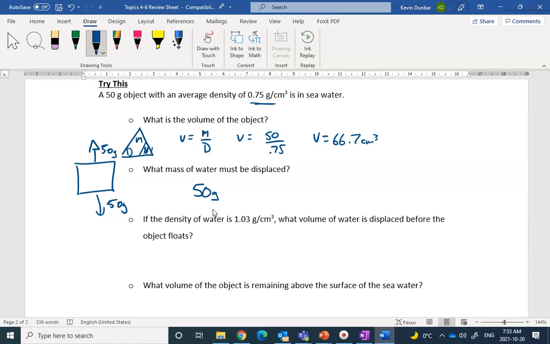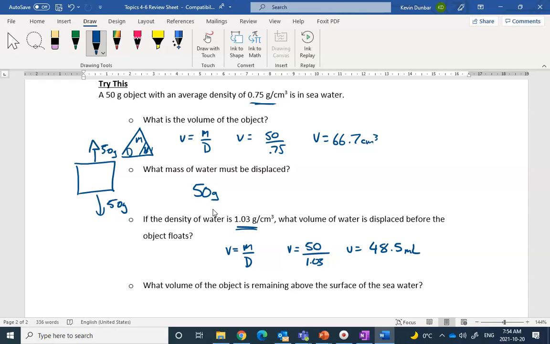So if the density of water is this, what volume of water must be displaced before it floats? Well, we've got the mass and we've got this density. Volume is equal to mass over density. That mass is still 50 grams, but we're now dealing with the seawater, which means 50 divided by 1.03. Gets you 48.5